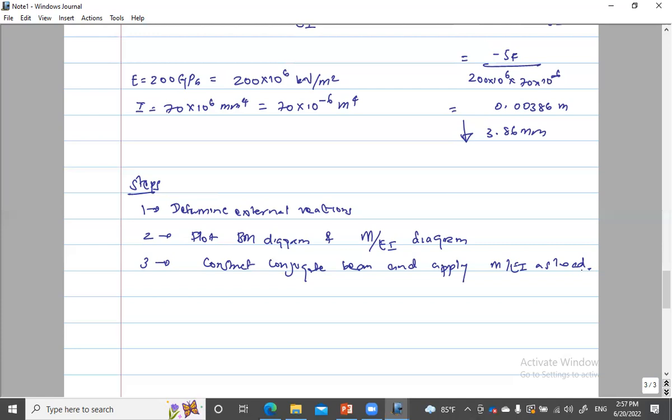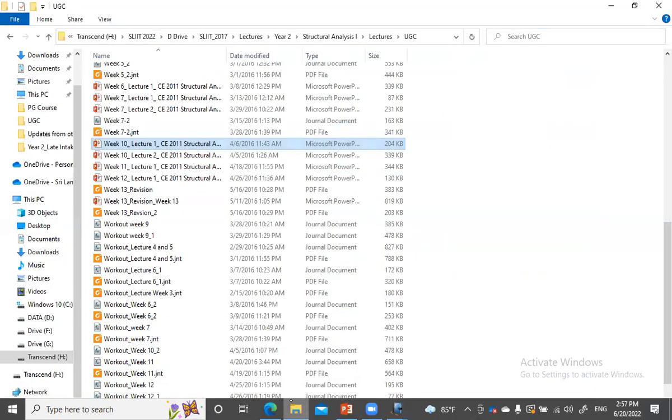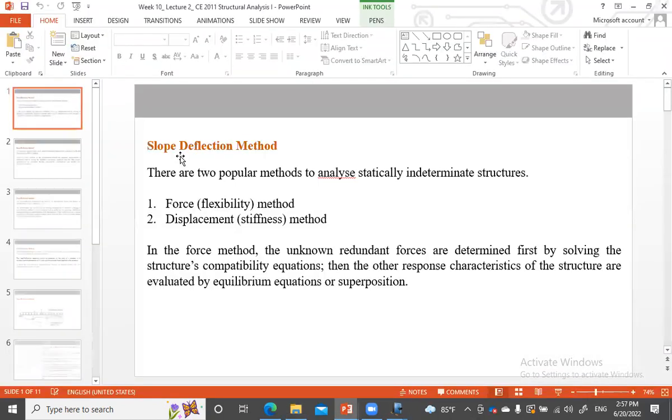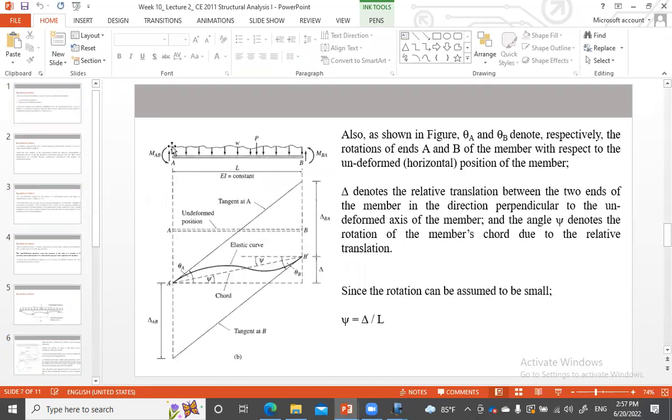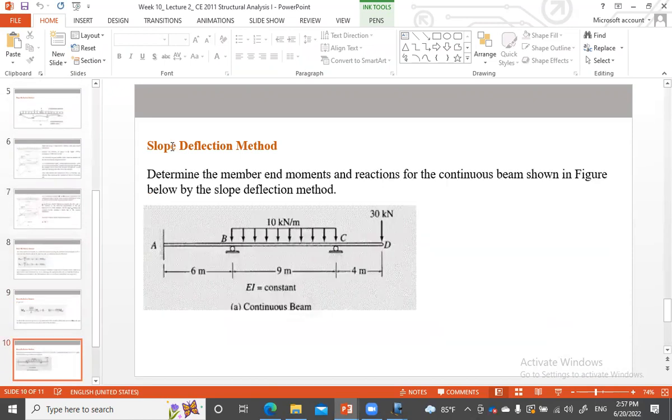So we are going to stop now, and when we come back next week, we'll start with the slope deflection method. This is also another method, but this method is for statically indeterminate structures. So there are 2 methods. Slope deflection is one method. Then the moment distribution method. We'll be studying these 2 methods that can be used to analyze any beam